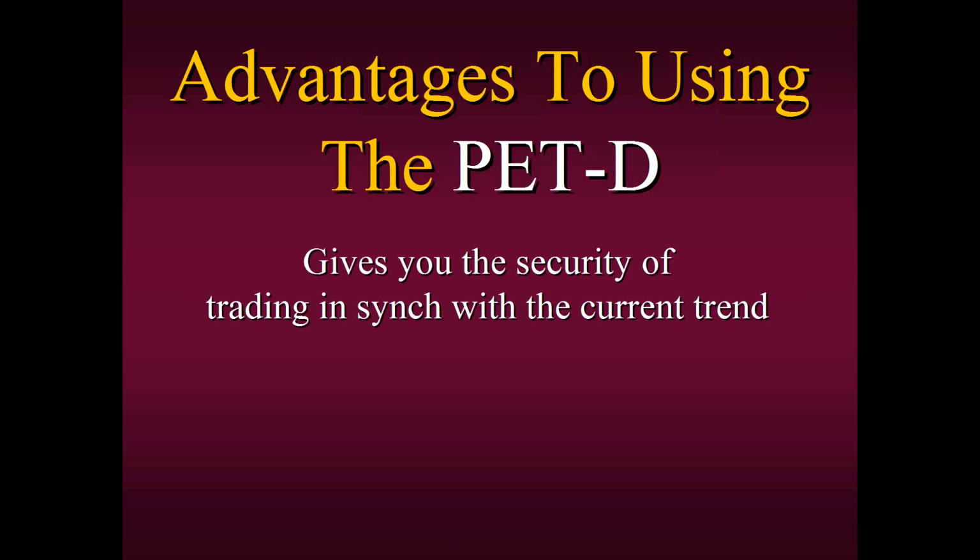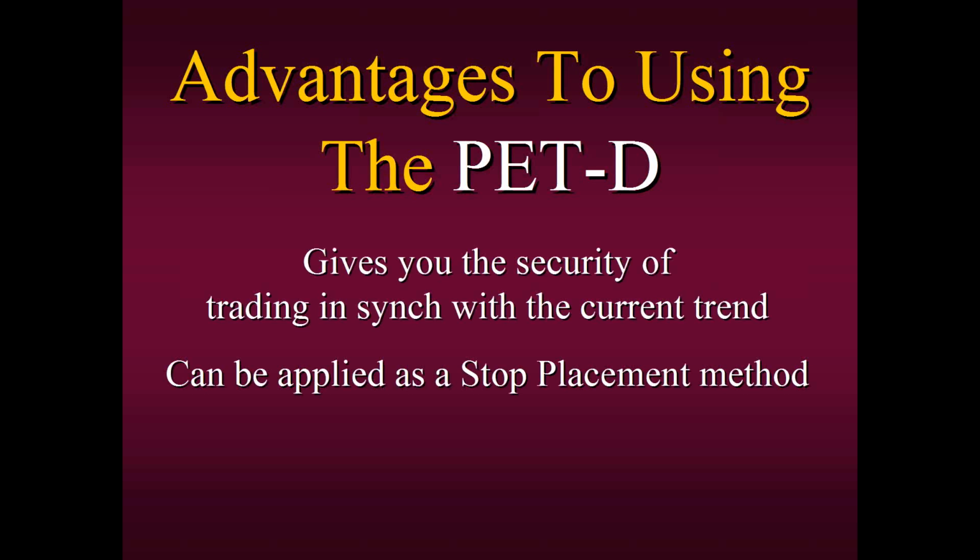We don't really know how to apply it in terms of trading. Now you can use it as a stop placement technique, and we show you in the PET-D course how to use that to protect your trades. But once again, how do we get in? Because up until now, I've just showed you what the trend is and how it can really give you an early warning, tell you in advance what the trend is before any other tool, before any other method, better than anything I've used in my 40 years of trading. And I've used just about everything to find out the trend, and this is better than anything I've ever used.